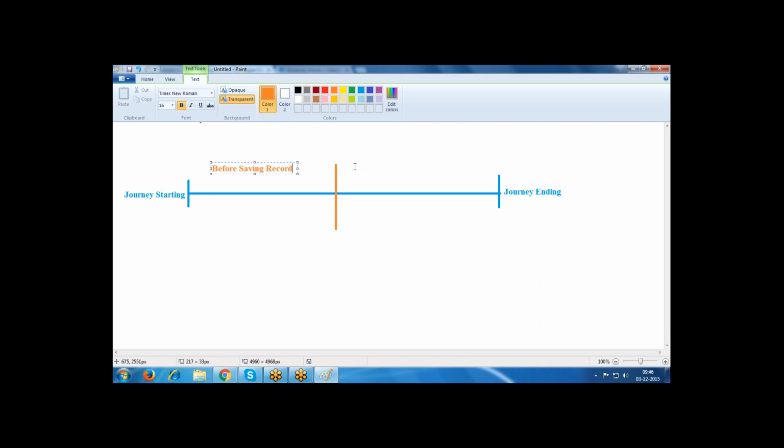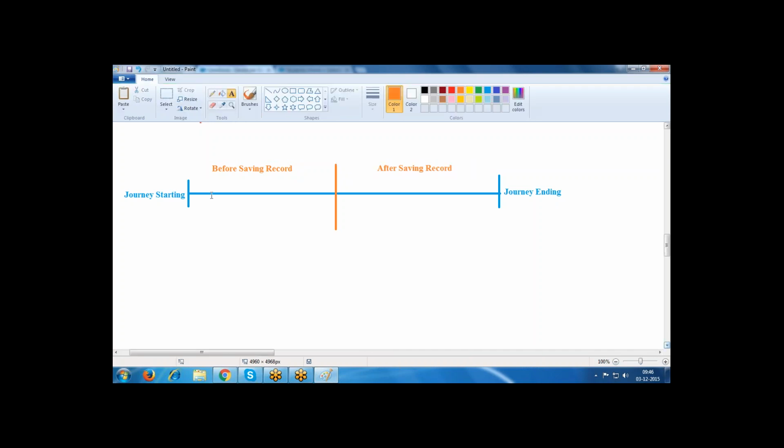After that area, it is after saving a record. So there is before saving a record and after saving a record.